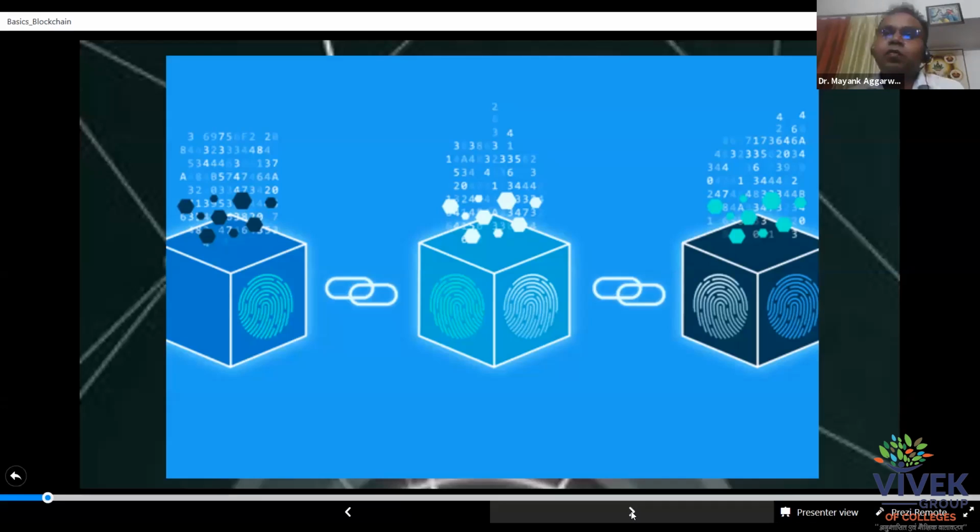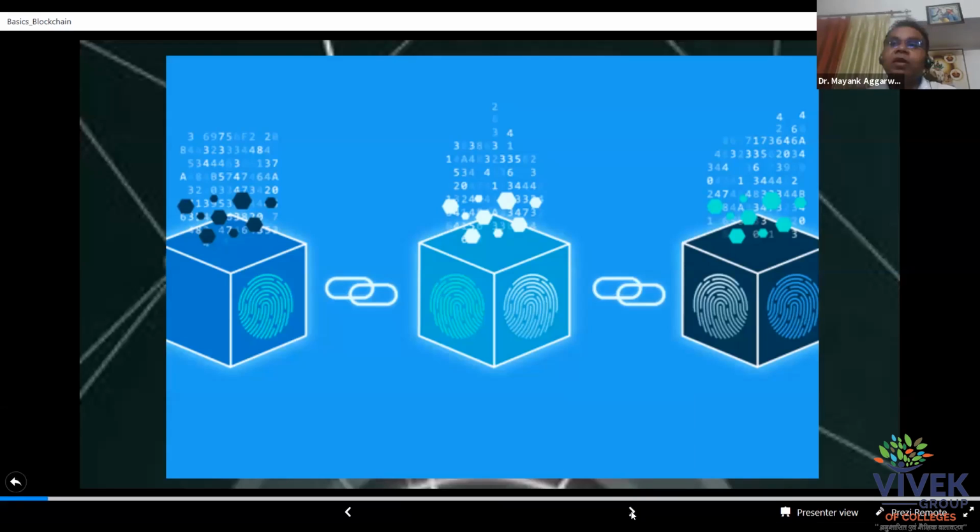So we can say that blockchain is somewhat similar to the data structure of a linked list. I'm repeating, we can say it is somewhat similar, though it is not actually similar, but there is a certain similarity between blockchain and linked list, that it is having a node and it is linked with another